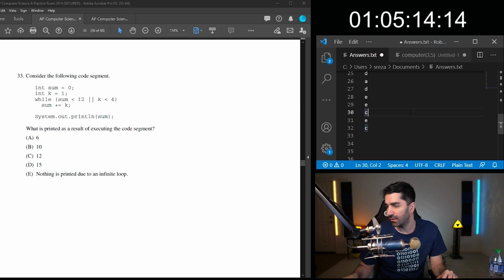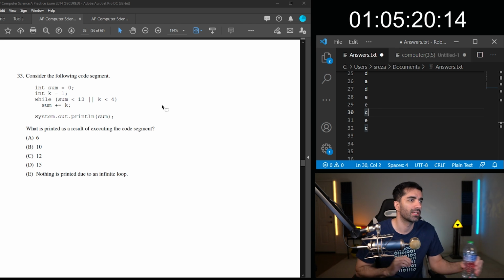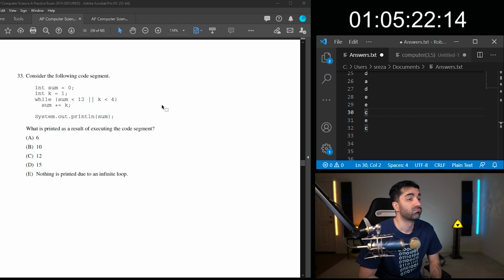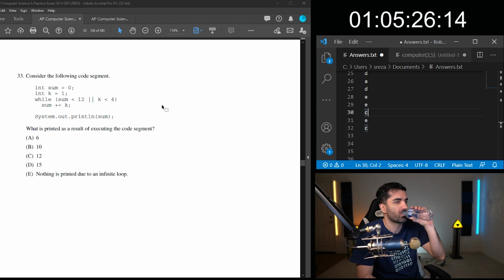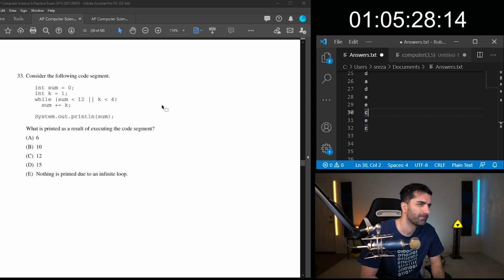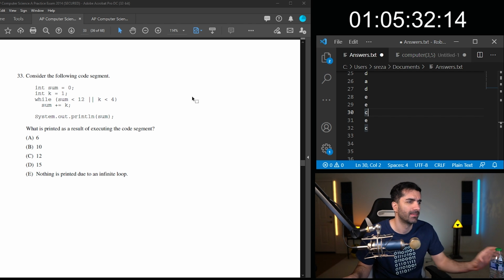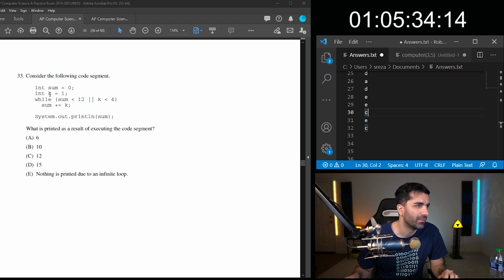Consider the following method. Consider the following code segment, which is printed as a result of executing the code segment. Sum could be an infinite loop.